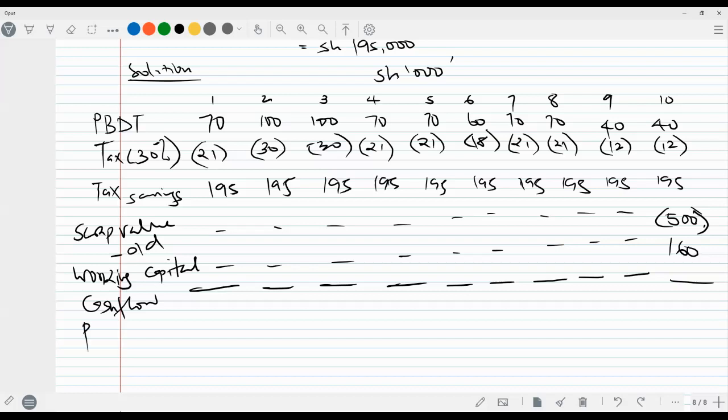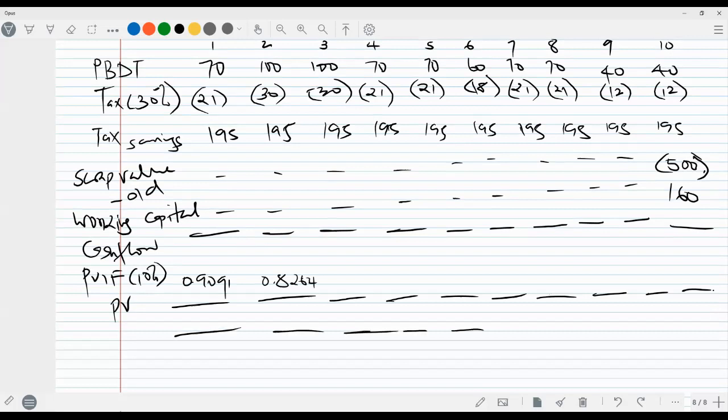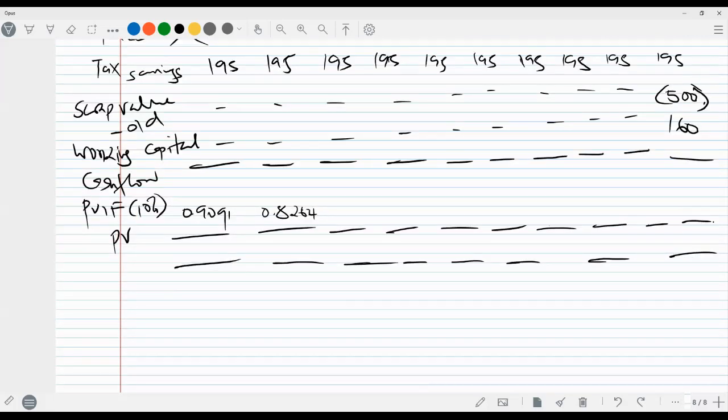Okay, cash flow. We discount back to year 0 at the company cost of capital, which is 10%, to get the present value, all the way until the last year. Cash flow times the factor gives us the present value for each of the next 10 years. NPV will be the sum of the present values from your calculation above